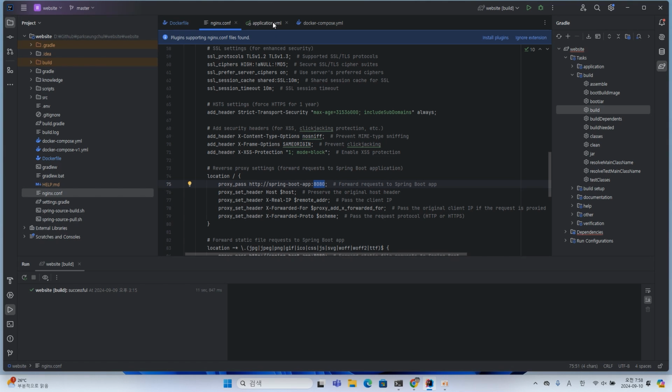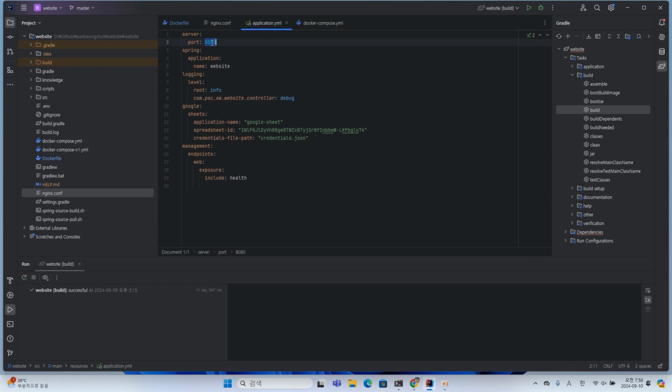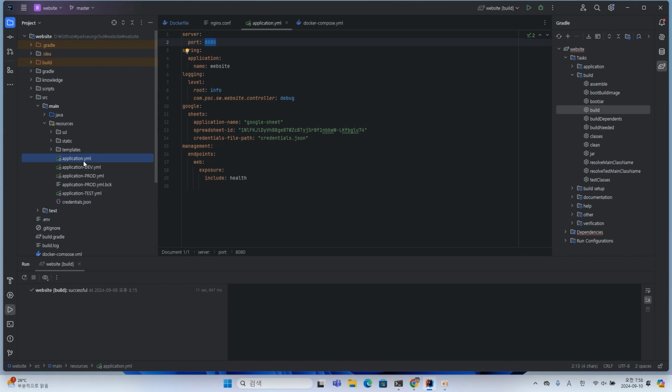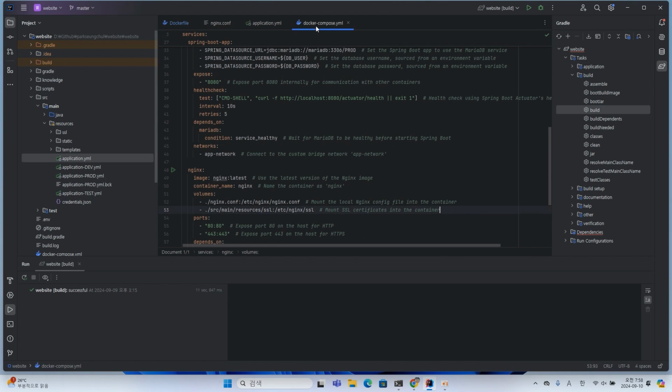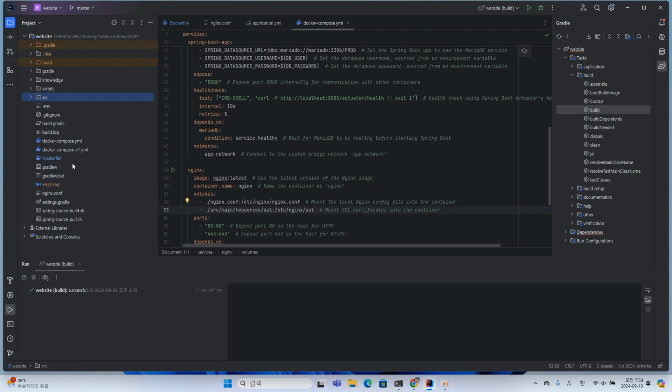The port specified in the application YAML file in the Spring project. The container's name is specified in the Docker Compose file.